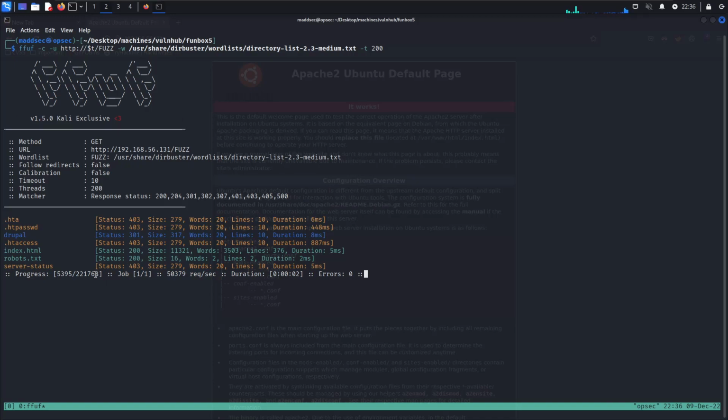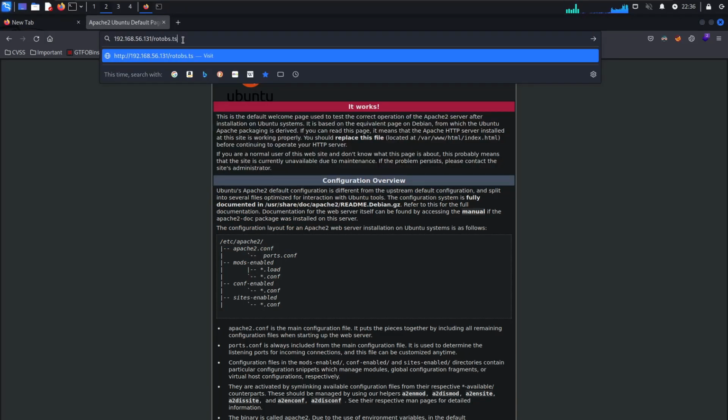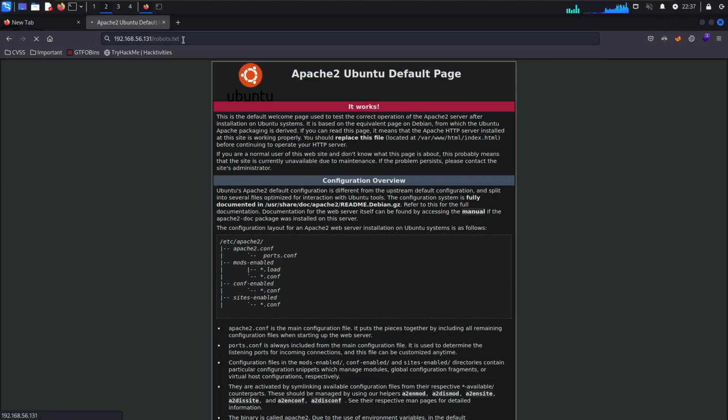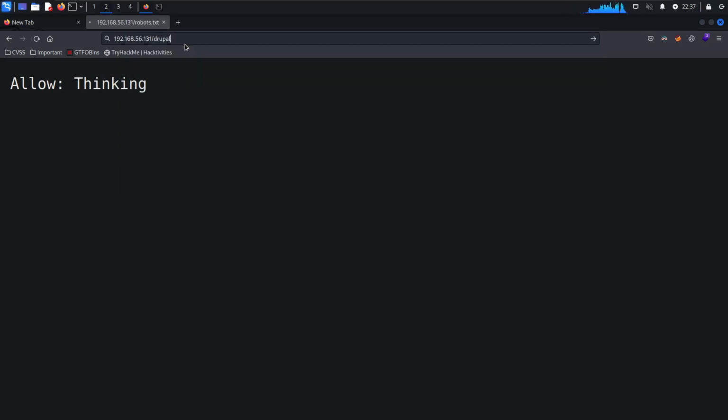And well, you can see here, we have a robots.txt. Let's check that out first. Let me just stop it right there. Anyway, so if we go to the Drupal page,